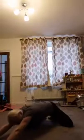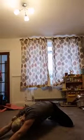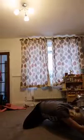So we're going to walk the hands round to the left hand side, feel the stretch down the right hand side of the body. Walking round to the other side. Good stuff, guys. Coming down onto